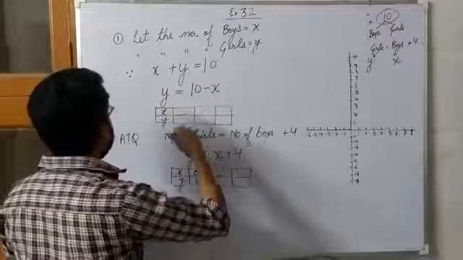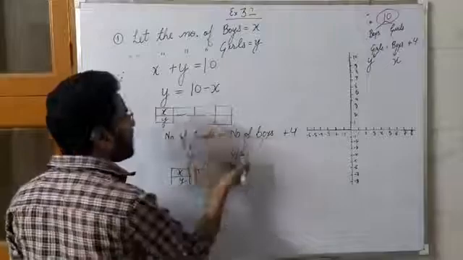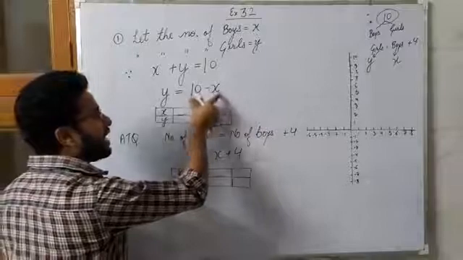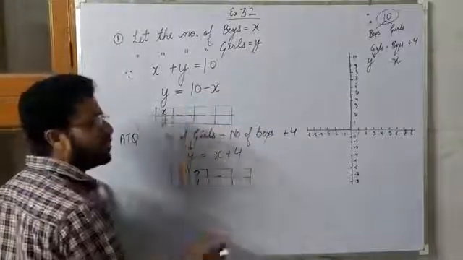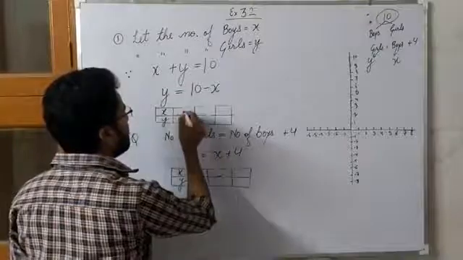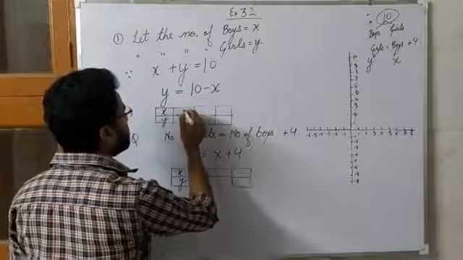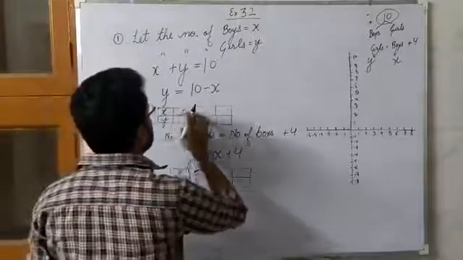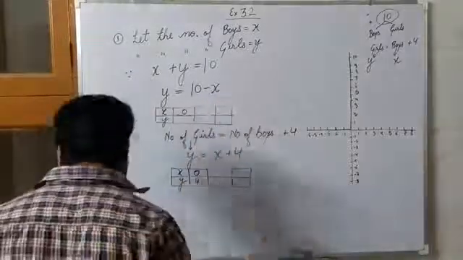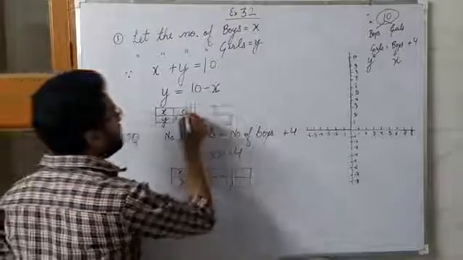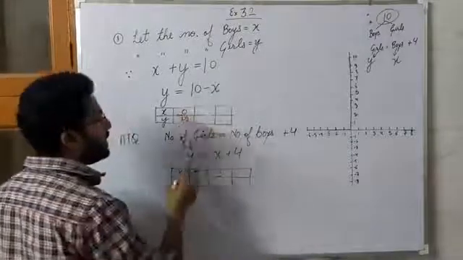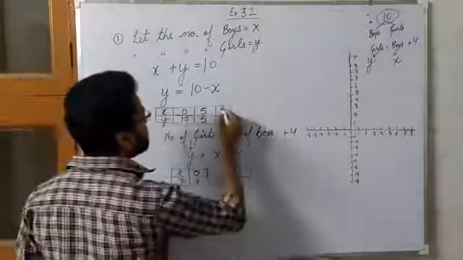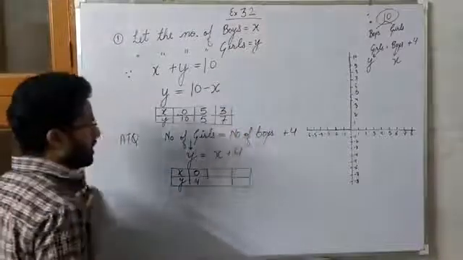So, and now to find solution graphically, like we have done in 9th class, we find y in terms of x, right? After this what we will do, हम x की वैल्यू पुट करेंगे and y की वैल्यू निकालेंगे. First of all we will put, let's say x equals to 0, then this will give y equals to 10. If we will put x equals to 5, then we will get y equals to 5. If we put x equals to 3, then we will get y equals to 7.